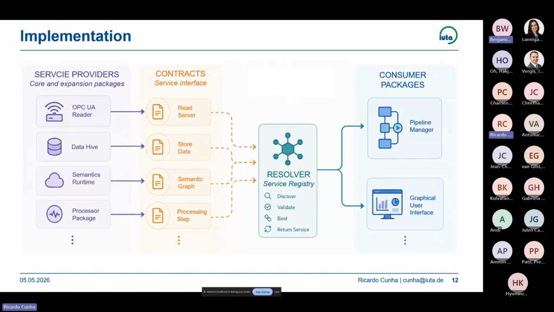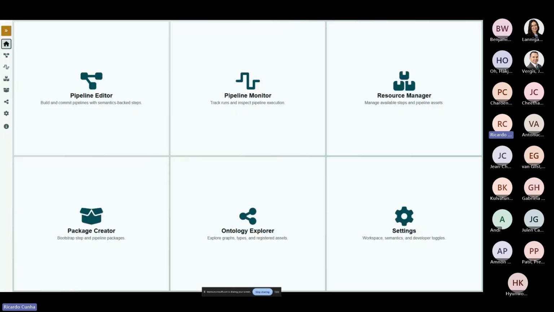So this is a contract, and this contract is then resolved towards a use case. In this case, this can be used by the pipeline manager, which is the backend of running a specific pipeline where this step is being implemented, or you can just use it in a graphical user interface. So the place for these consumer packages is the resolver, not the service providers, which means that we can very quickly expand the